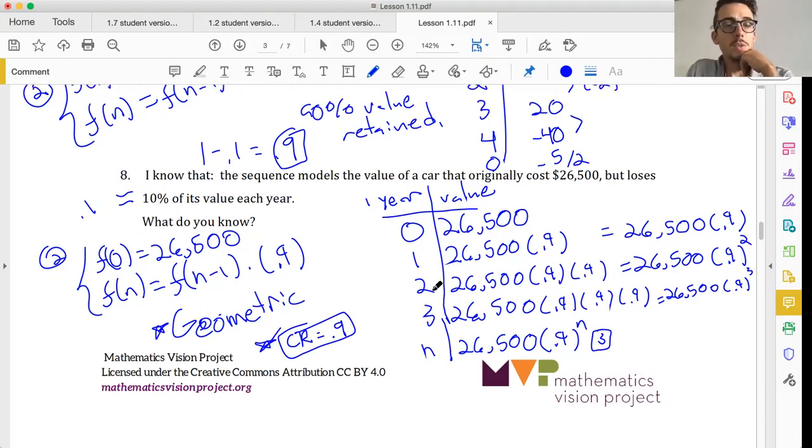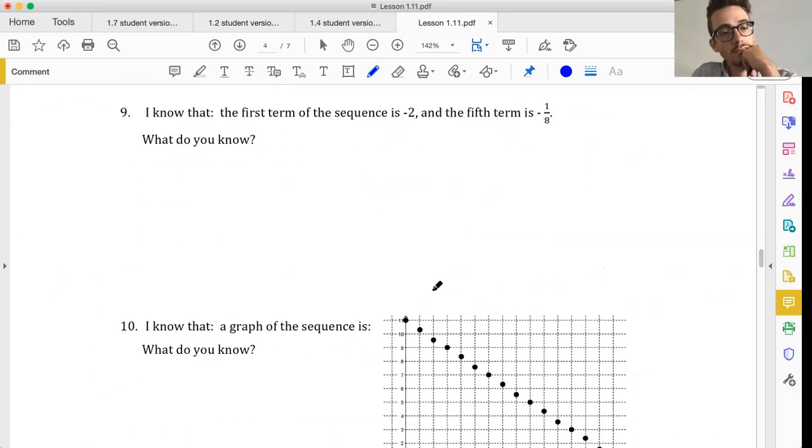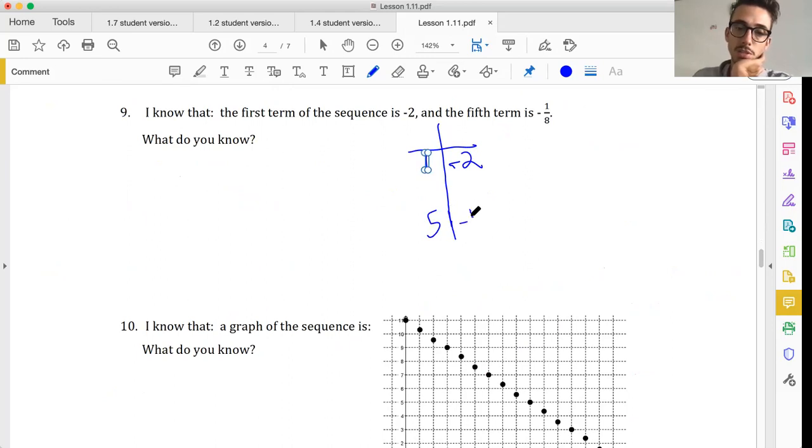Two more problems. Can you dig it? I know the first term of the sequence is -2, fifth term is -1/8. Oh, it's jumping all the way down to -1/8. Woof. All right, that's fine. Can't stop me. I still have the second term, third term, and fourth term in between. Wow,